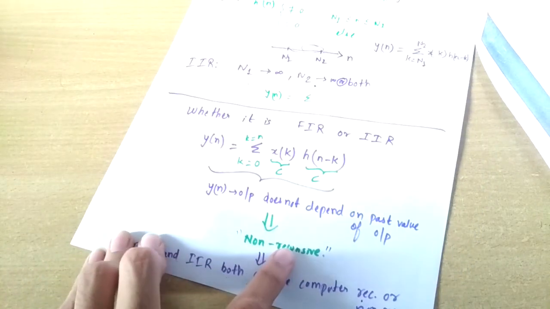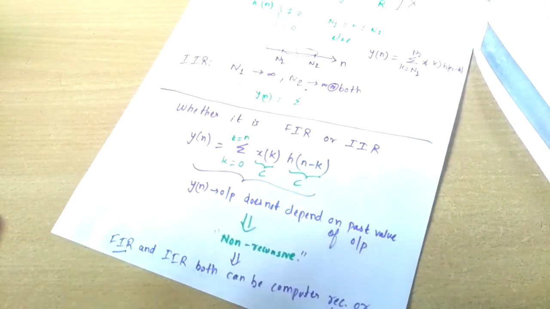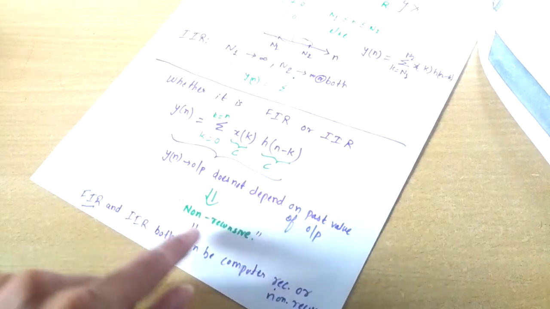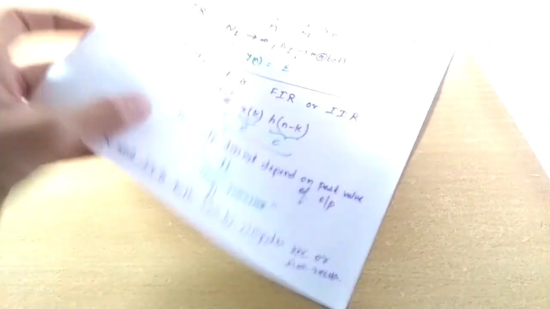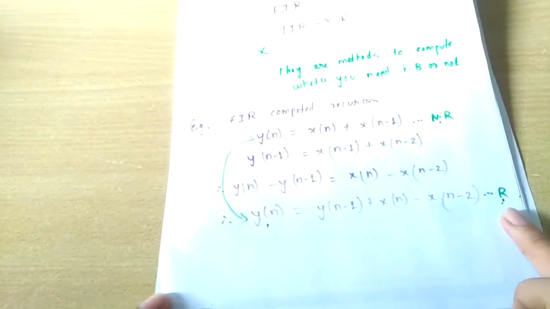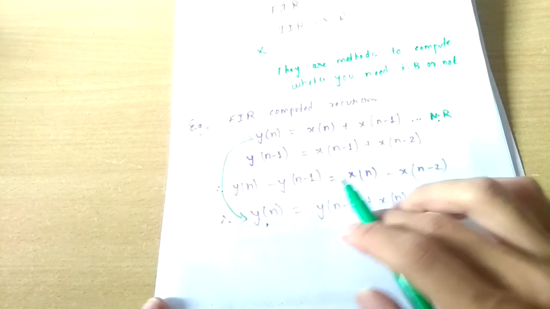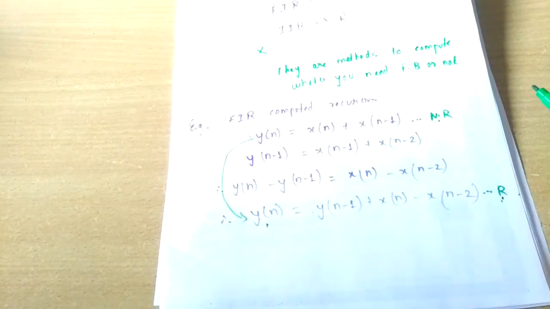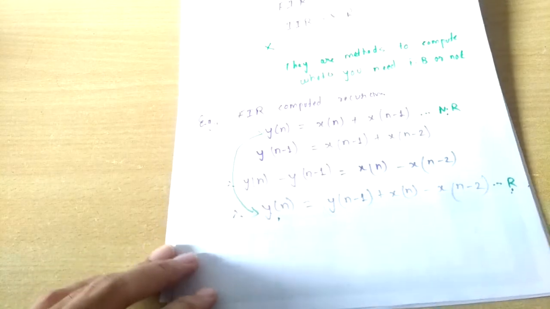In the previous example what I proved was the non-recursive case. So some of you might ask that you have considered only the non-recursive case. That's why I took one more example, and I showed you that in the recursive case also, you can see that the FIR filter can be realized, right? Similarly you can prove it for IIR. I proved only for FIR, both the cases, but you can prove it for IIR also.